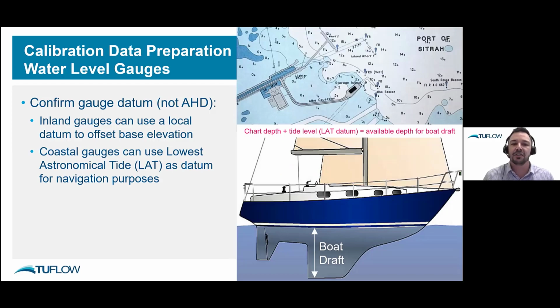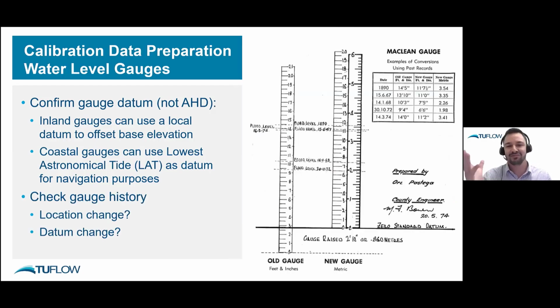Similarly, down in coastal environments, more often than not, the datum relates to your lowest astronomical tide. And the reason for that is, in a nautical sense, the purpose of navigational charts and those gauges, the tide gauges, is to provide ship captains with an indication of how much water is available at the lowest tide, so they can judge where their boat draft will fit through the canals and channels. Now, if you don't correct for that, obviously you'll get the wrong answer as well.